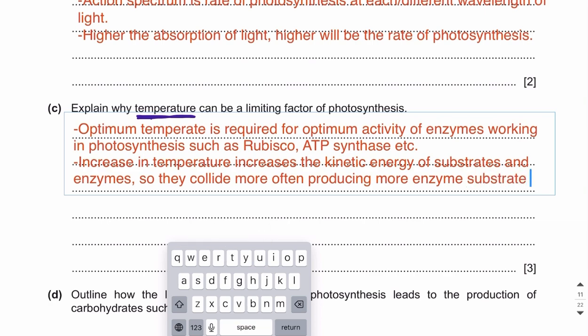We all know that. How does the temperature affect the enzymes? When you increase the temperature, there are more collisions between substrates and the enzymes because the kinetic energy of enzymes and substrate increases, right? So increasing temperature increases the kinetic energy of substrates and enzymes, so they collide more often, producing more enzyme substrate complexes. And rate